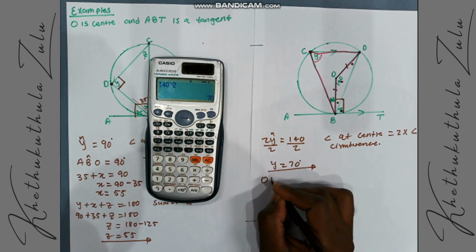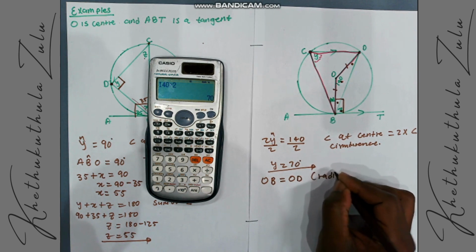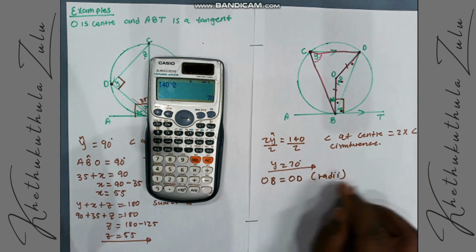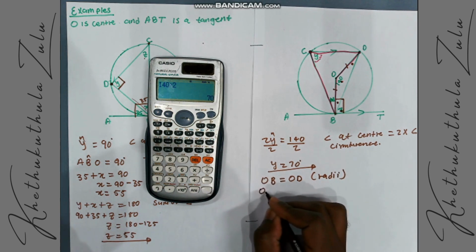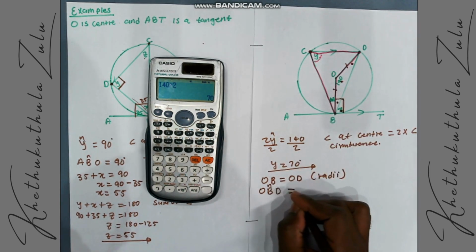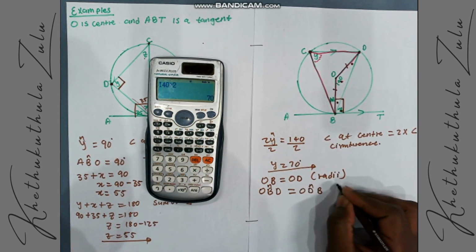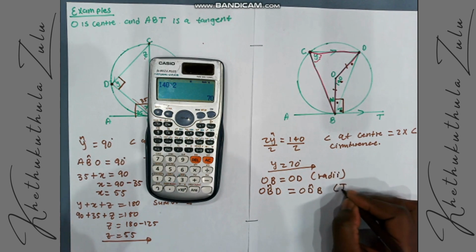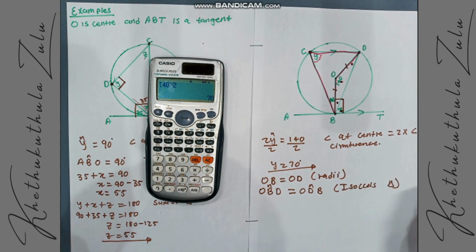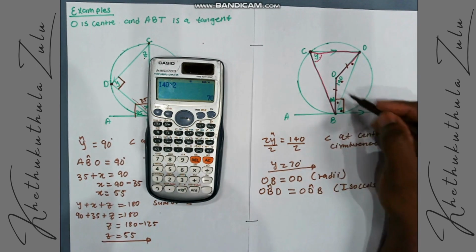You can start by saying OB is equal to OD, because they are radii. Then from this we can say OBD is equal to ODB, isosceles triangle, and this one is equal to this one. Then from there we can find this one